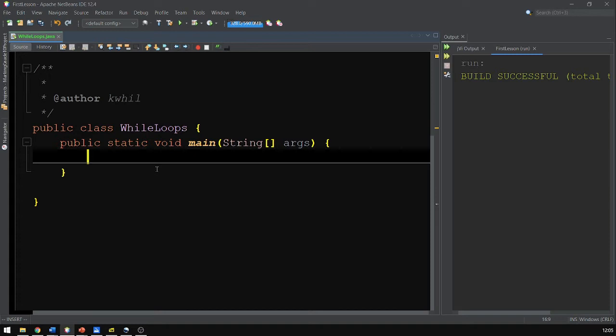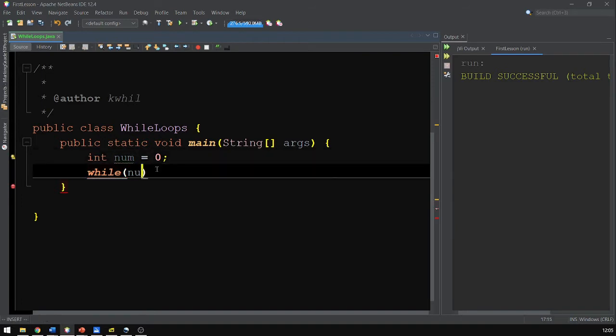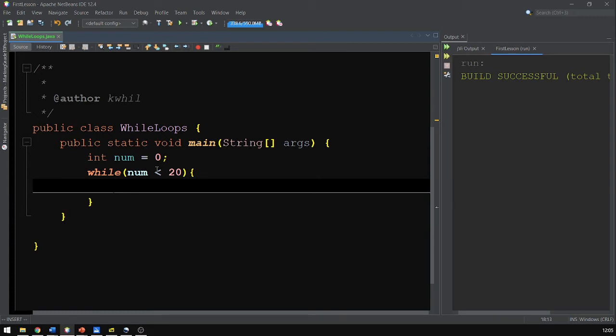Now I'm going to set up the first while loop basically as a for loop, just to look at it. So while, now we need to have a condition inside here. This condition, I'm just going to say int num is equal to 0. And so while num is less than 20, let's just print out